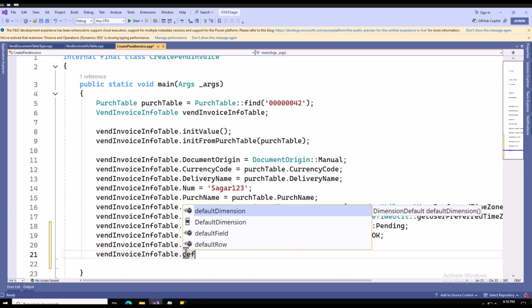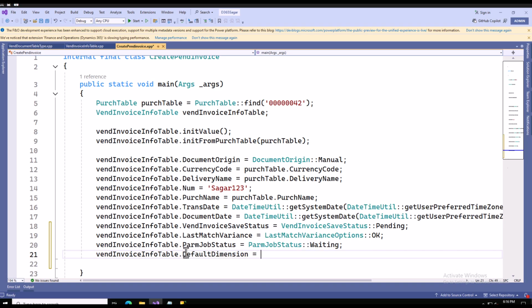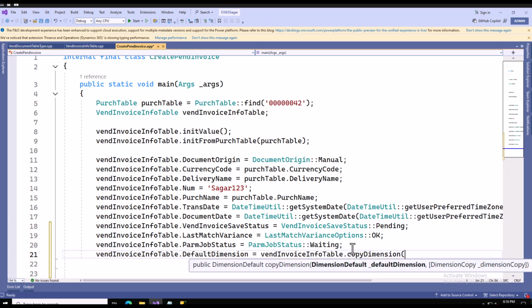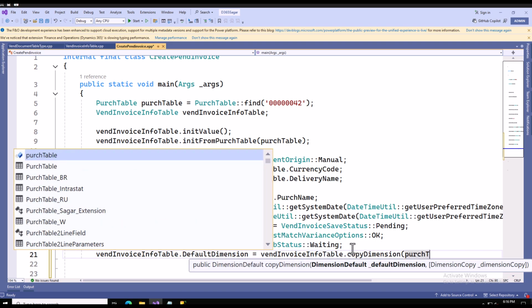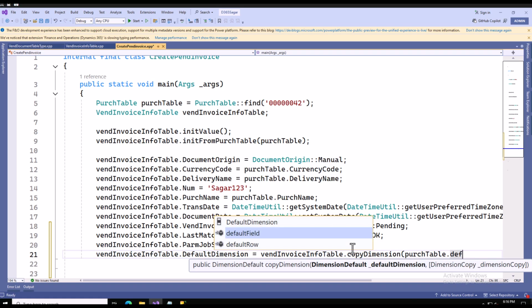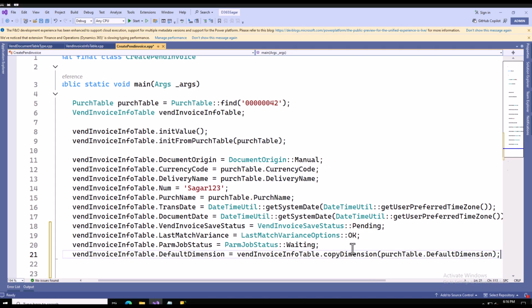Dot default dimension, and then I can get my from. I can use this. Why am I getting this issue? Dot. There's a method called copy dimension, and here it requires my dimension. Okay, so I can get my dimension from my purge table. So I can say purge table dot default dimension. All right,